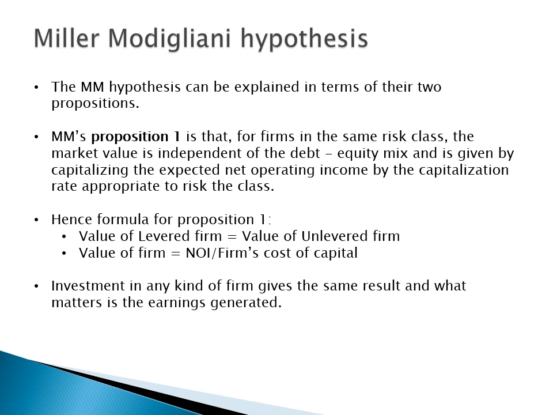In the first proposition, they said, for a firm in the same risk class, the market value is independent of the debt to equity mix, and it is solely dependent on how optimally the assets are being used to generate income. So the value of a leveraged firm is exactly the same as an unleveraged firm,